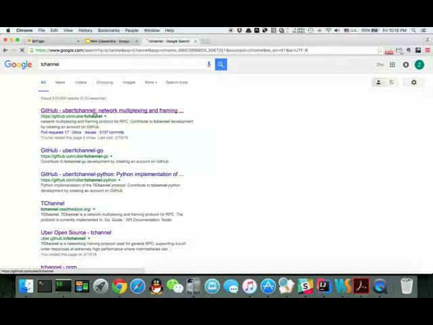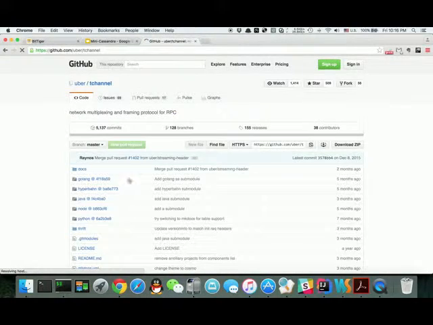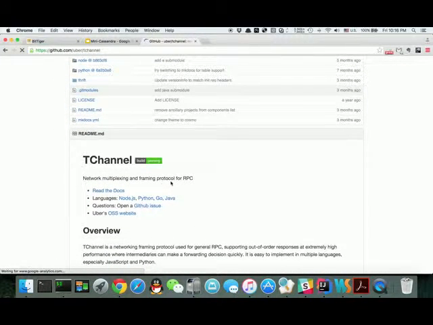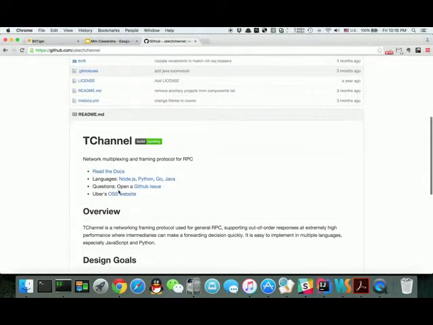Well, it's open source by Uber, TChannel, and it is basically a protocol for RPC, and it's also kind of a library, so it has 4 versions